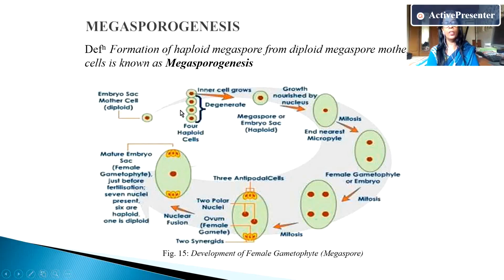It undergoes meiosis and 1 becomes functional, and the functional megaspore nucleus undergoes 3 continuous mitotic divisions and produces 8 cells. The 8 cells are arranged as 3 antipodal cells, 3 in the egg apparatus, and 2 polar nuclei forming the secondary nucleus. The secondary nucleus is diploid, while the antipodal cells and egg apparatus are haploid. In the micropylar region, the egg apparatus contains the egg at the center, the female gamete, with synergids on either side.